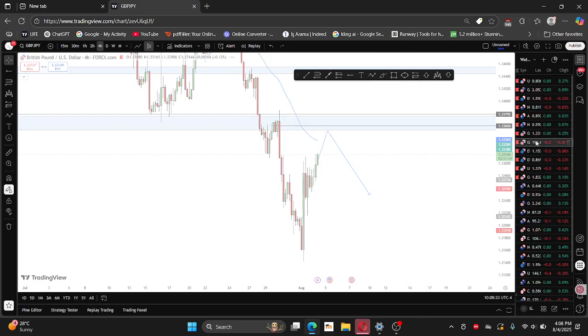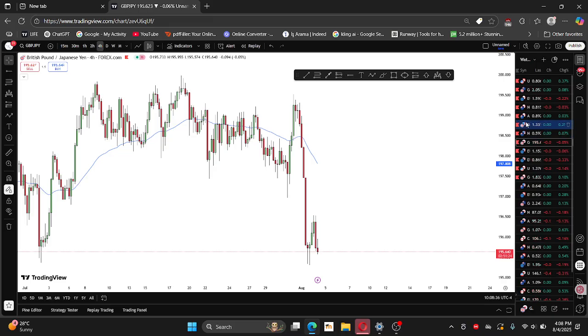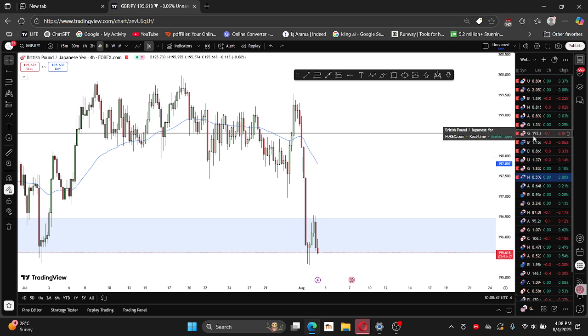So for me, since these two are going the same way, I would even pick GBPUSD because it's cleaner than NZDUSD for now. Yeah, and no, I would not trade USD. So then